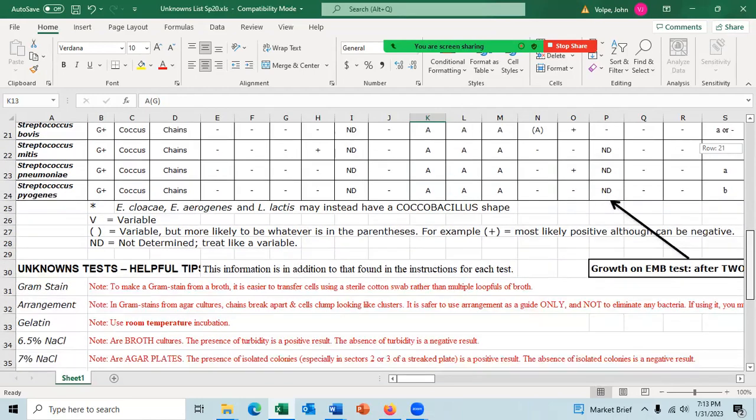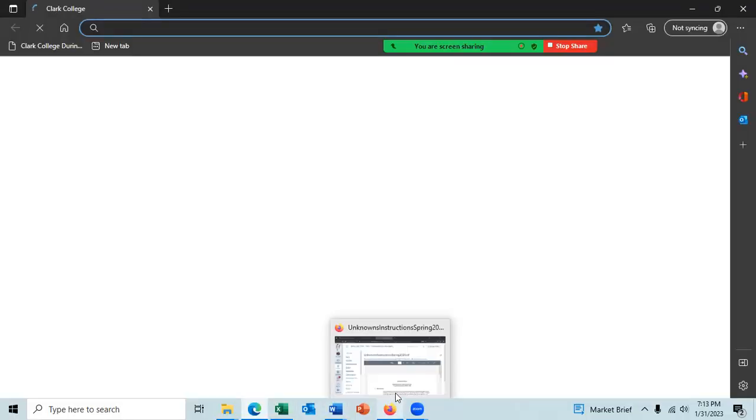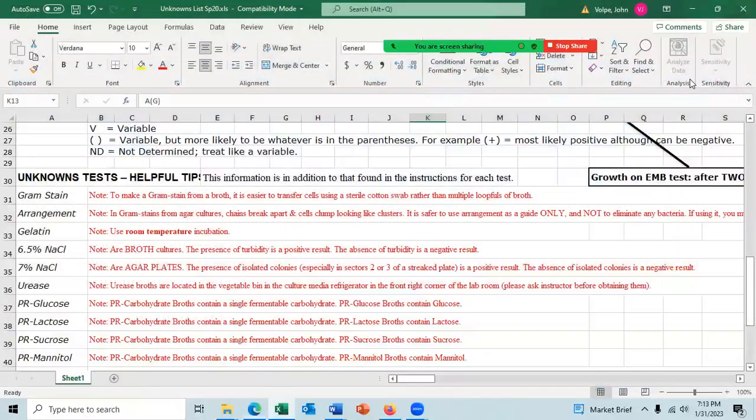One other thing I should talk about, and that is this tells you a little bit about the information on the test. You really should get this information from the test itself, meaning I've got it up on the test. Oops, wrong one. Close that down.